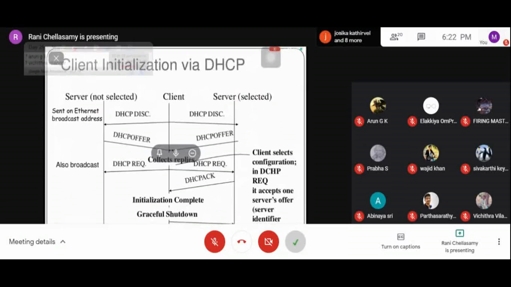You see here, first the client is broadcasting the DHCP discover message to this server, and it is also broadcast to the other server. The server responds with the DHCP offer message to the client. Again, the client sends the DHCP request to both the servers. Now clearly make a note that only this server sends the acknowledgement and this server does not send any acknowledgement, stating that the client can go for selecting this server. After the lease term is over, the client can go for sending the DHCP